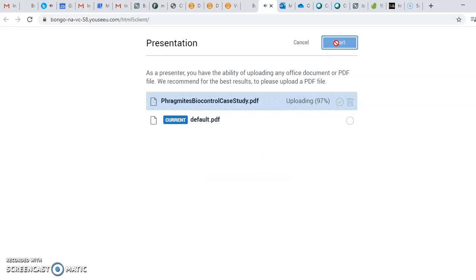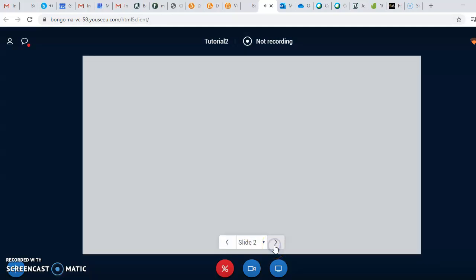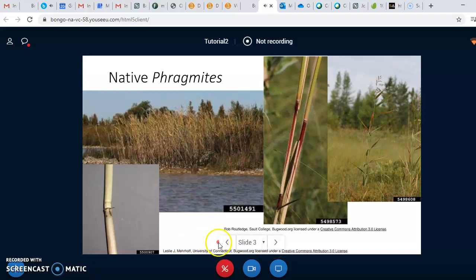And once I do that, I'll hop back into the attendee version and show you what you see when I am screen sharing. So this just takes a moment to load, and then it's just like a regular PowerPoint up on the screen where you see it slide by slide by slide. Okay, so